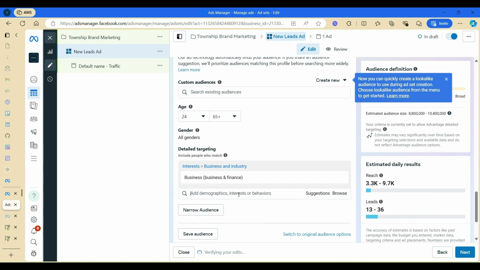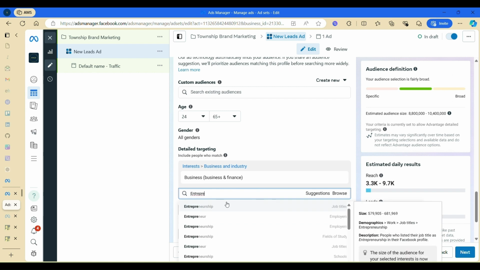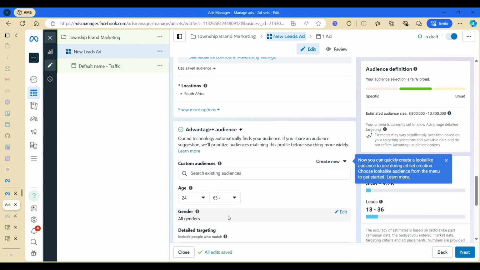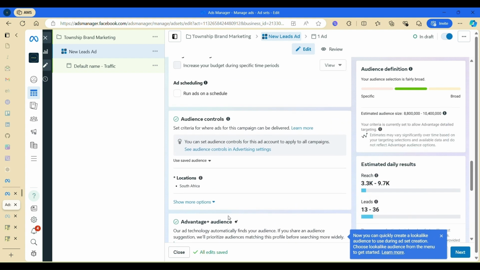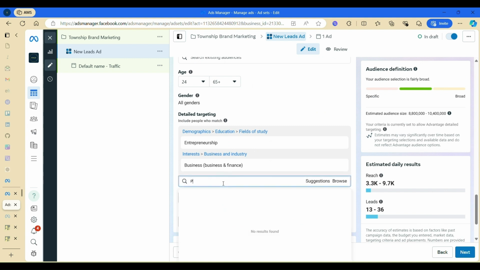If there were any specifics, right, this is the place in terms of interest. So we want business people, so anyone really interested in or within the industry, the business industry, we want those groups to see the ad. Okay, any entrepreneurial space, okay, so entrepreneurship coming up there,